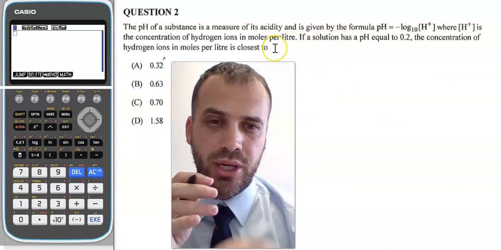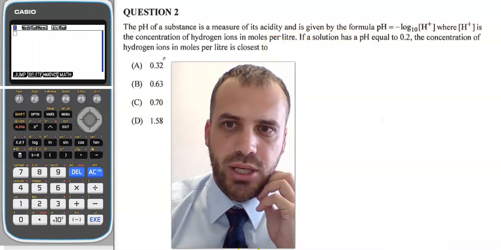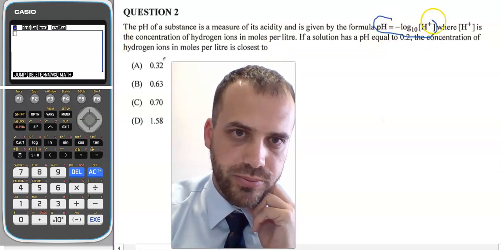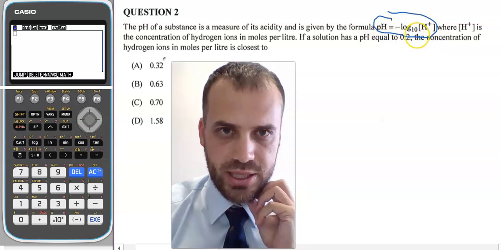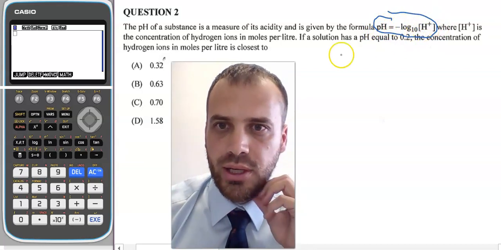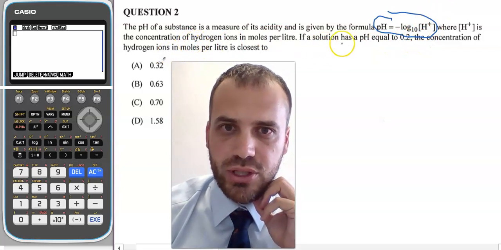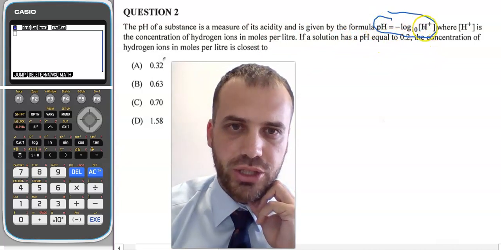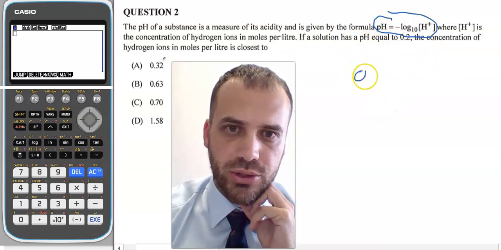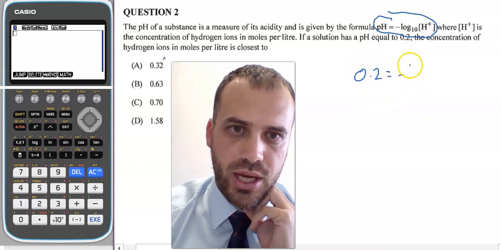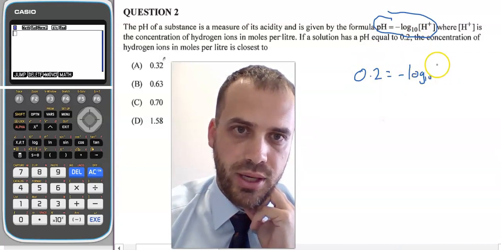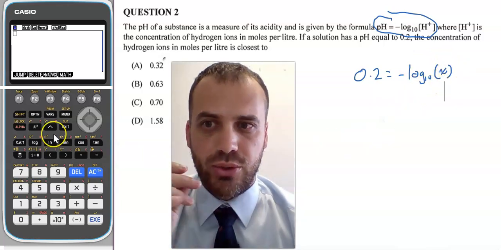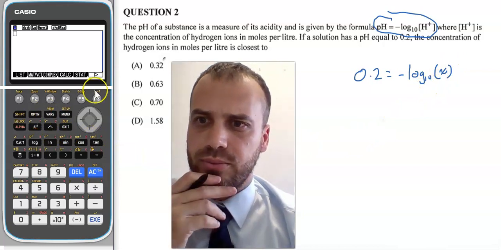Look at question 2. Now you can read through that whole question here. All of this context doesn't matter. What we have is an equation, pH equals negative log base 10 h plus. If a solution has a pH equal to 0.2, find h. So this boils down to an equation that looks like 0.2 equals negative log base 10, and our h plus is just x. And we can use our calculator to n solve this, or solve n, whatever they decide to